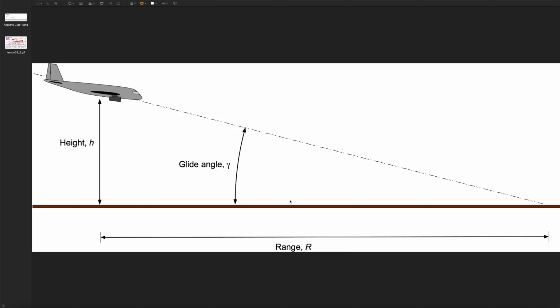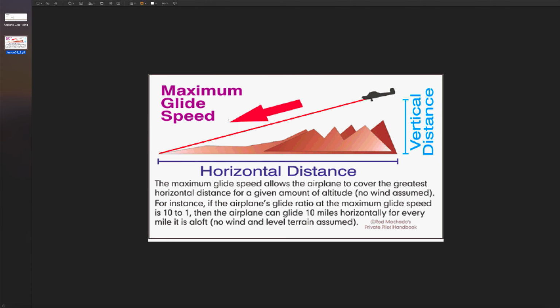Now, there's speeds taken into account and wind, obviously, and different things. But I'm not going into all that minutiae. I'm only dealing with the fact they're using trigonometry and a right angle triangle. That's all that matters, right? I just go into this one here. Maximum glide speed, right? Vertical distance, as you can see, horizontal distance, and there is the hypotenuse. So that'd be a hypotenuse, this would be adjacent, and this would be your opposite of your triangle that the pilot will account for, right?